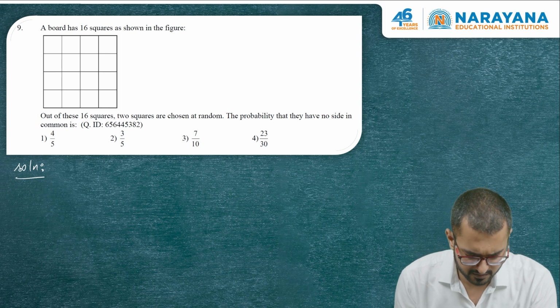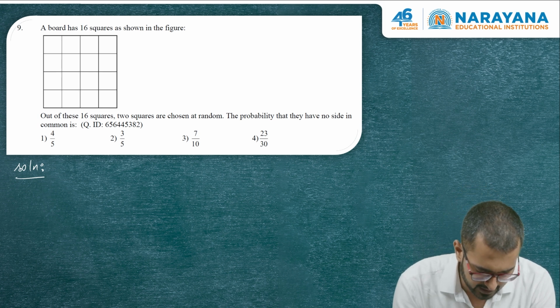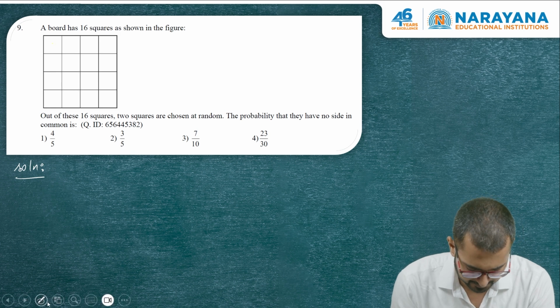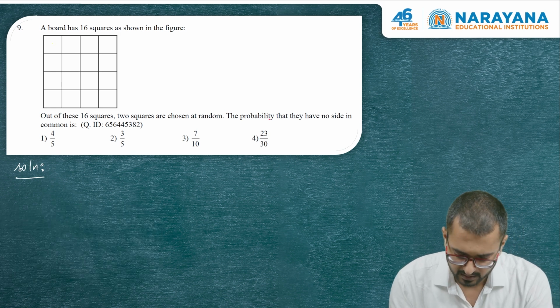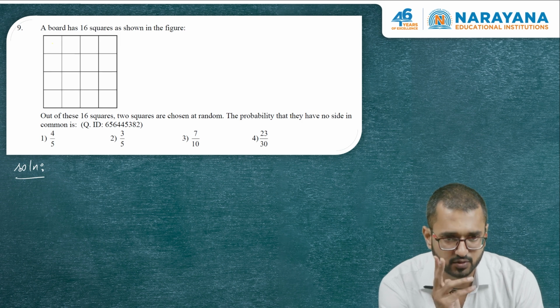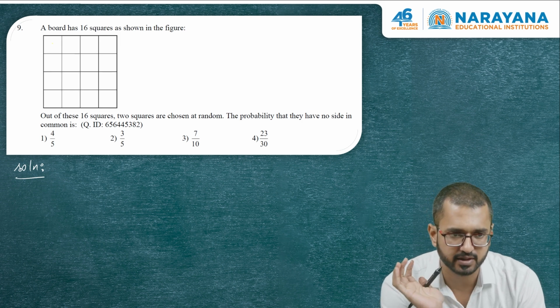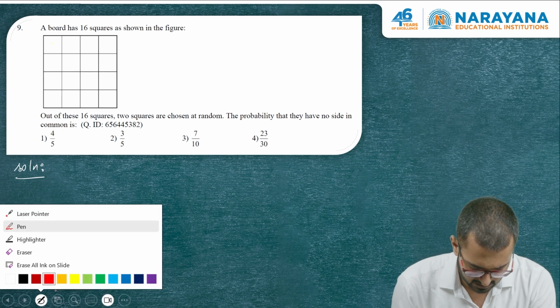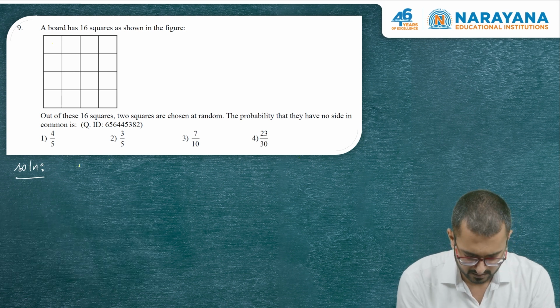Now let's see. That means we have to deal only with these small squares. So what we will do now, the probability that they have no side in common. So we have to select two squares so that they have no side in common. So for this thing, we'll use the bijection rule again. So say no side is common. So n of no side common